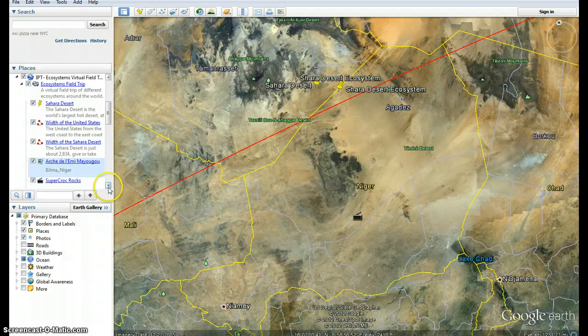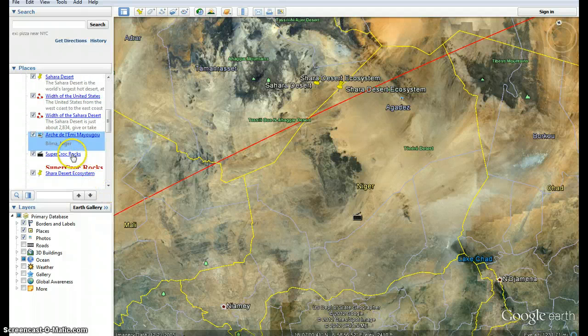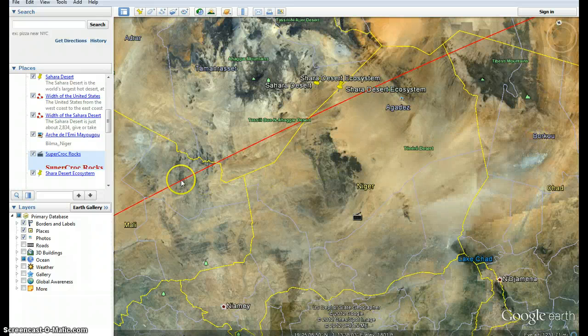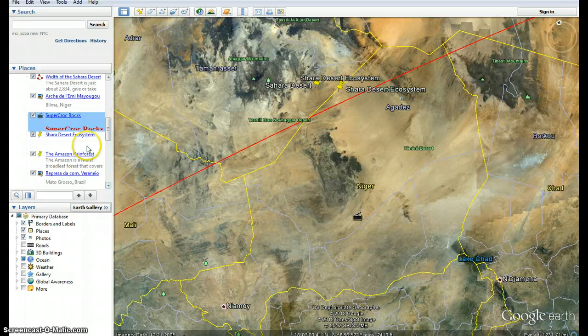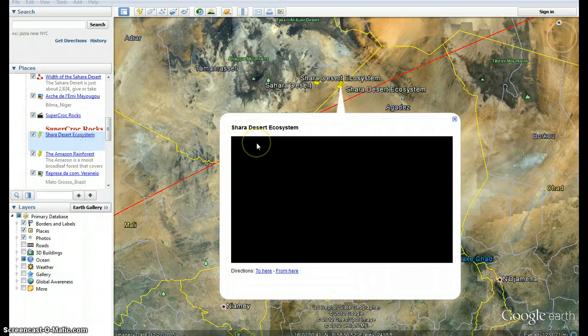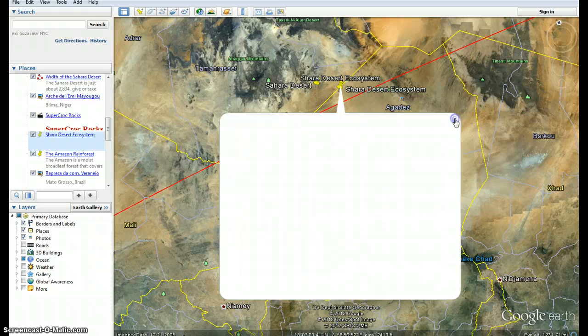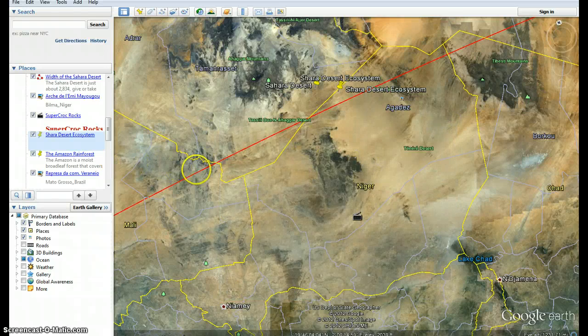And another one of our layers we find over here is a little video clip on crocodiles that live in the water in the Sahara Desert. It's not a lot of water there, but in the river. So that's something that you can read about. And then we have a video on the wildlife in the Sahara Desert we can watch, and it focuses on the kind of insects and animals that live there and how they retain moisture in such a dry climate. So now we are going to zoom out